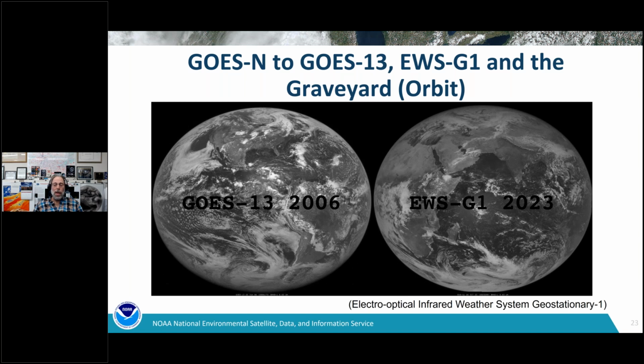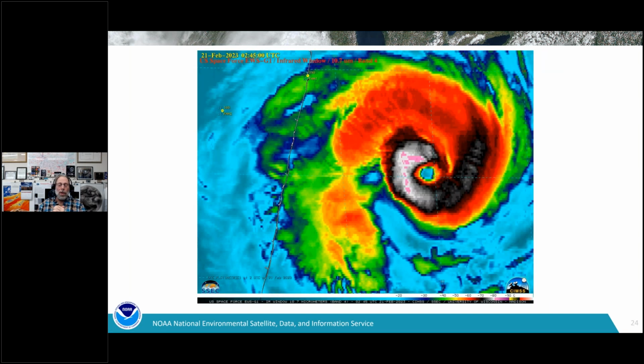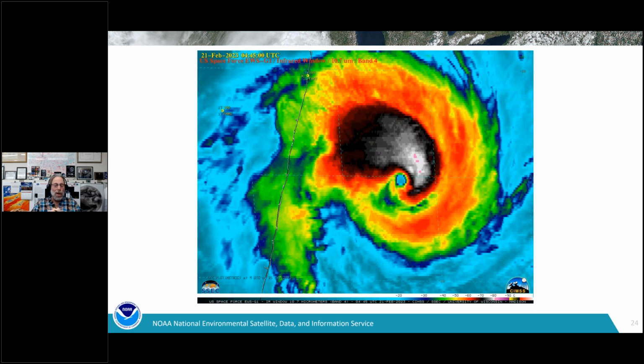So it became EWS-G1, or Electro-Optical Infrared Weather System, Geostationary 1. Now G2 is out there, which was our old GOES 15. So if you had on your bingo card to see a loop over Madagascar, you'd win here.